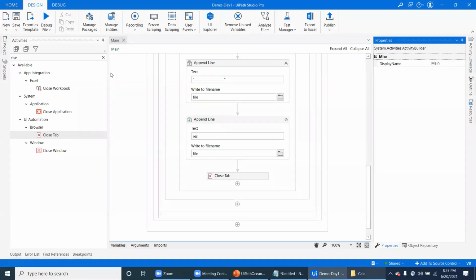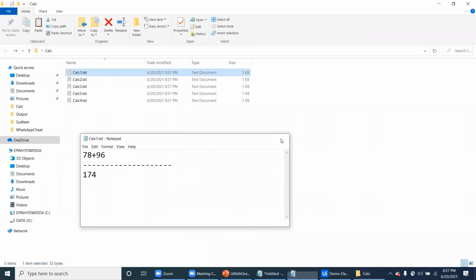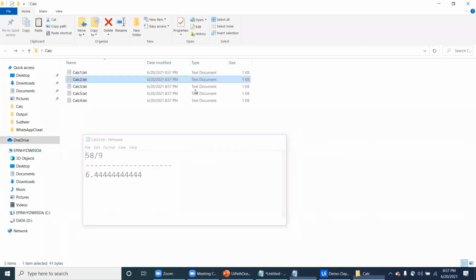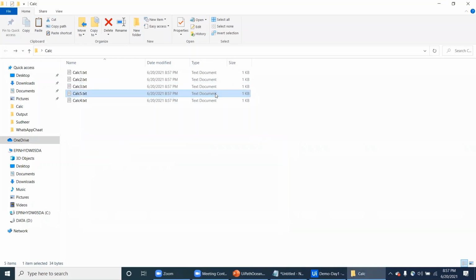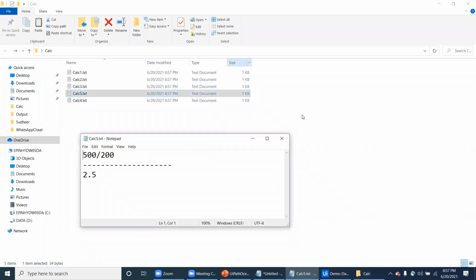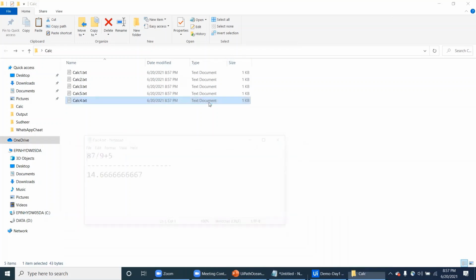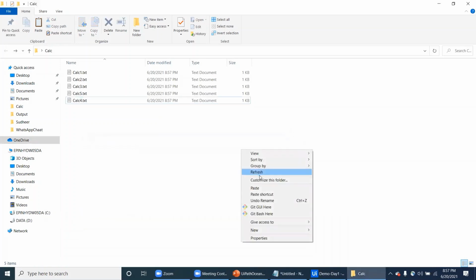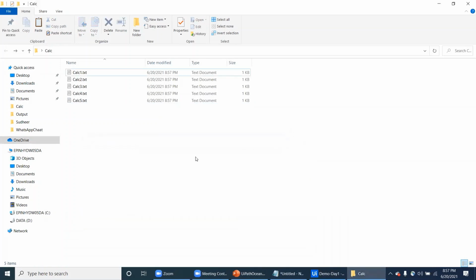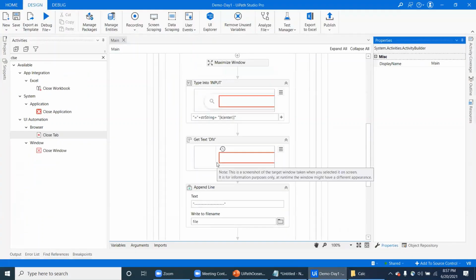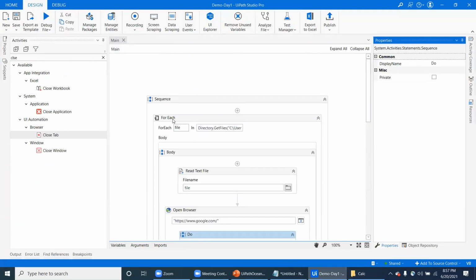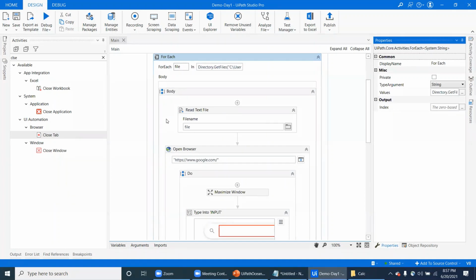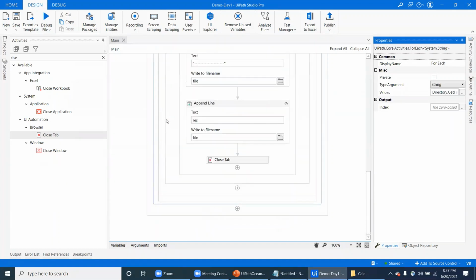If you see the text, it has updated the results in the first file, in the second file. It is a small example, so you can understand how easy it is. We didn't write any code, we just dragged and dropped and arranged the activities and built this whole logic. Now let us see another example. I will show you a few examples so that you can understand